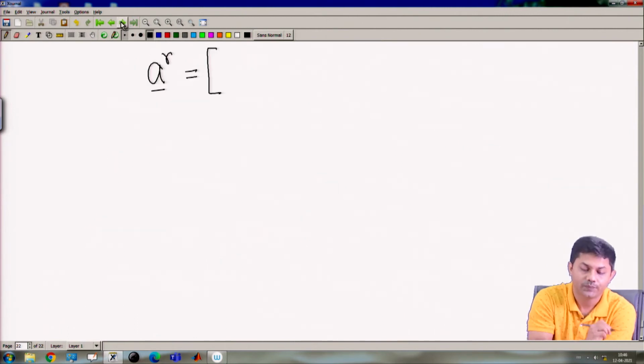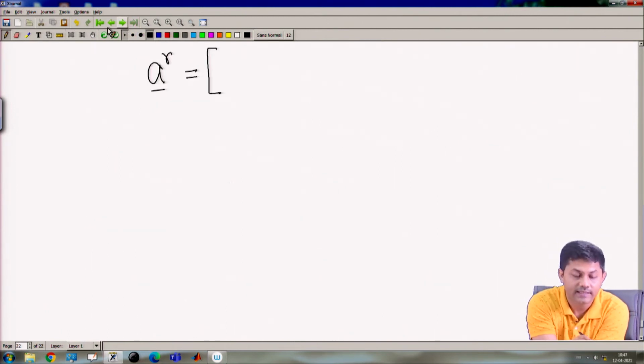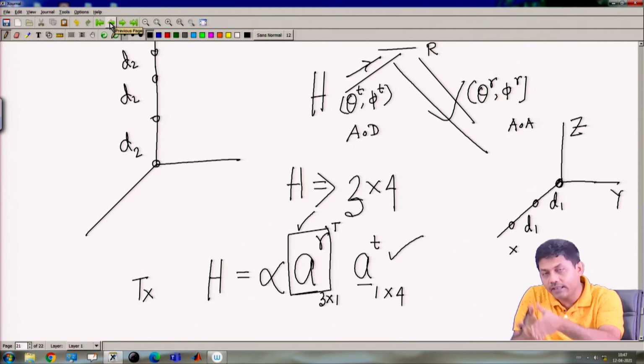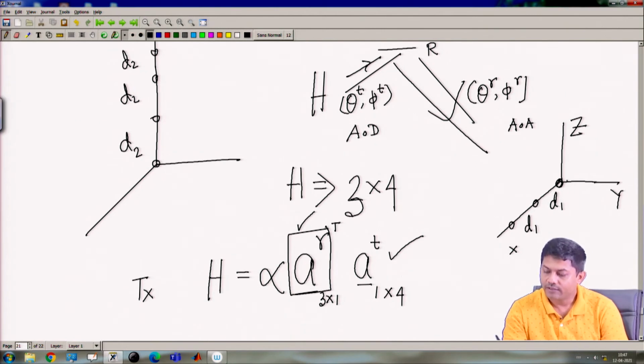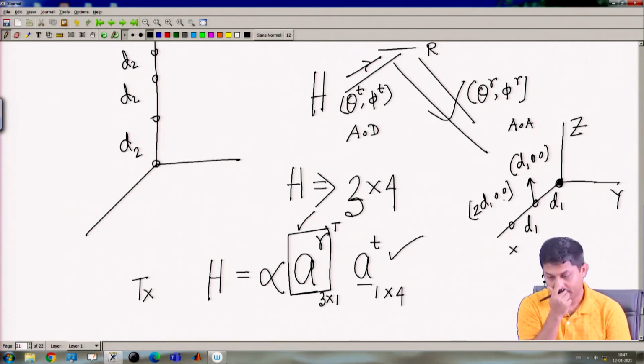So, what should I do? As if I am constructing the AR on my receiver side, and you know how you have already done it. So, for this the coordinate is 0 0 0. That is simple enough. For this one, what is the coordinate? This will be d1 0 0. This will be 2 d1 0 0. So, that is the coordinate, right.